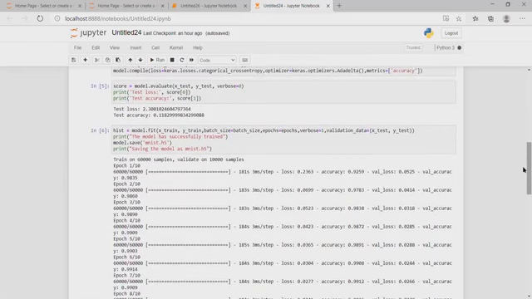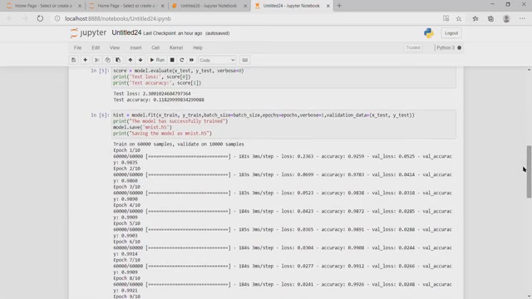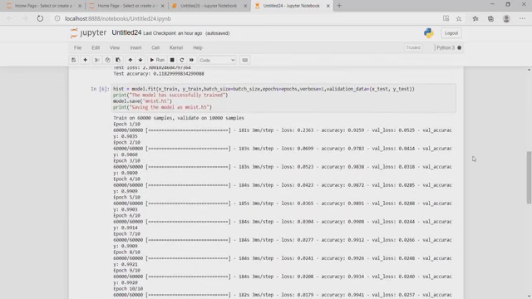Our next step is to train the model. This is the main time-consuming step. The model.fit function of Keras takes the training data, validation data, epochs and the batch size to train the model. It takes some time to train the model depending upon your working environment, that is, based on the CPU or GPU. Here it takes a lot of time to calculate the epochs, validation and the batch size.